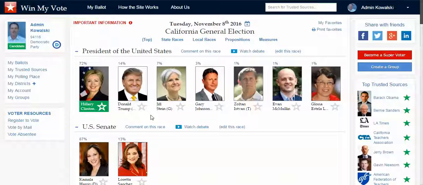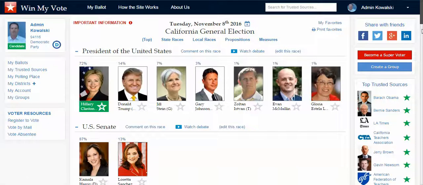So this way you can really sort of track how your candidate's doing, and the candidate can sort of track their own campaign. So one of our aims at Win My Vote is to make this site a level playing field where candidates can sign up, they can build their own profile, they can enter on to the ballot, they can get into the race, and they're side by side with the candidates that are the two leading parties and that are very well funded. So for example, the demo that I just did was through a candidate that had a war chest of I think $100 million